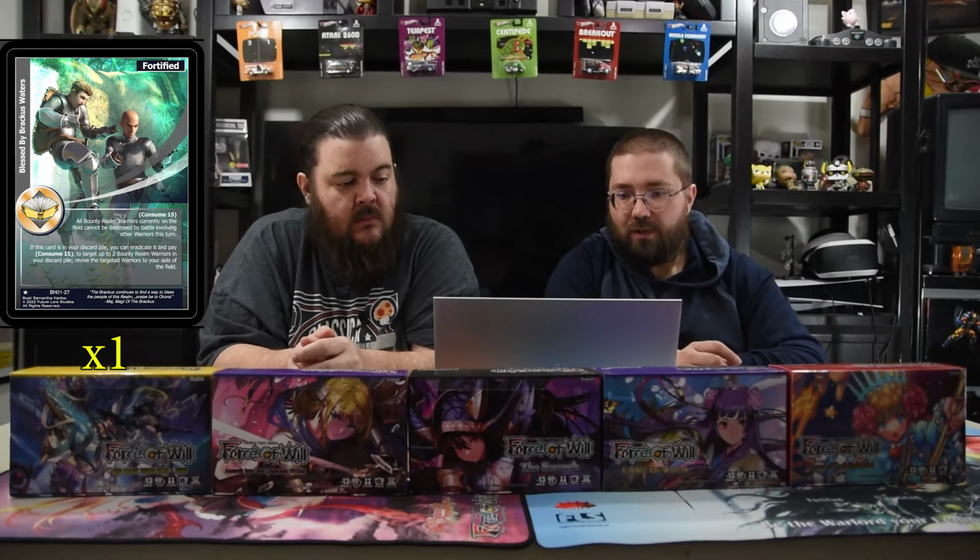Now, this is a test. I'm testing this to see how good this is. So it's Blessed by Brackus Waters. Consume 15. All Bounty Realm warriors currently on the field cannot be destroyed by battle involving other warriors this turn. So this helps against the 3-eyed Dark that just comes in and, plop, plop,